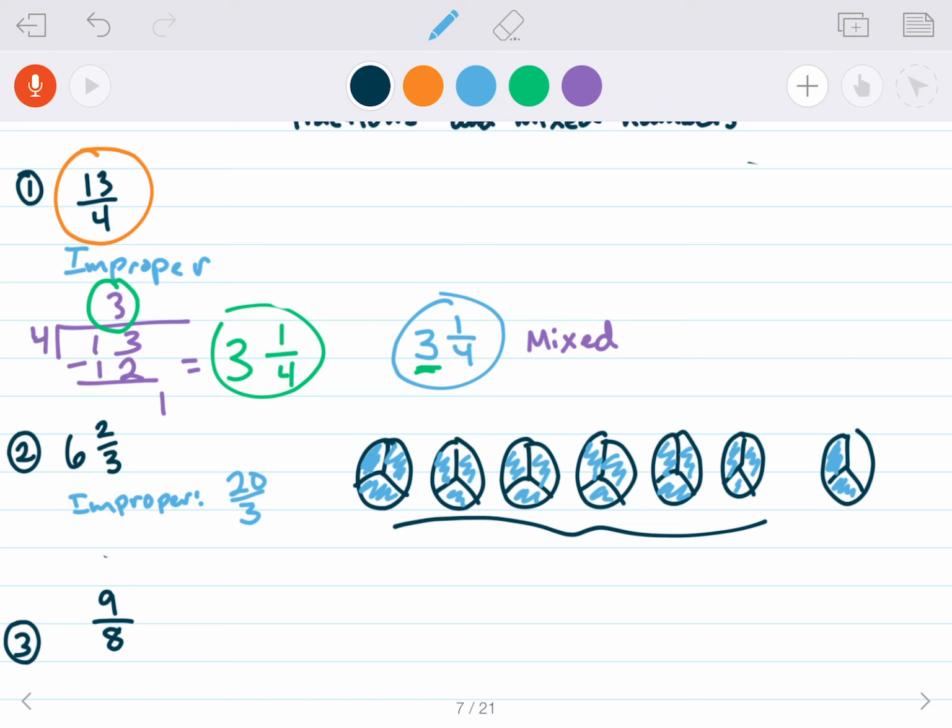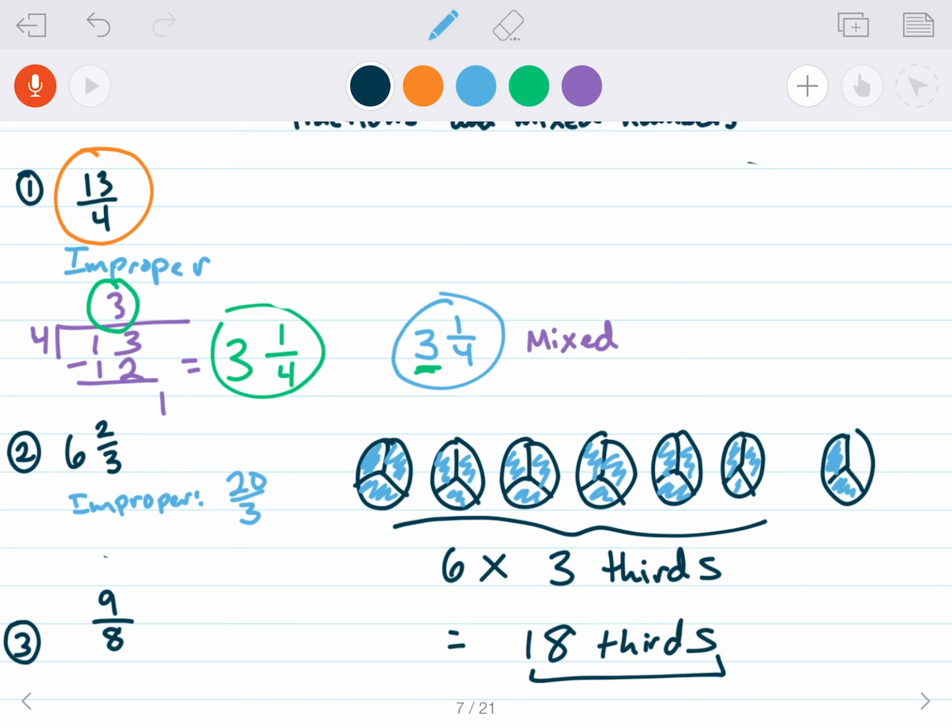So how many thirds do we have? We have 6 wholes, and we have 3/3 in each whole, right? So we have 6 times 3/3, and that's going to give us 18. 6 times 3 is 18 thirds. So the wholes make up 18 thirds, and this part, we have 2 thirds. And altogether, that's going to give us our answer of 20 thirds right here. So that's how we can do that